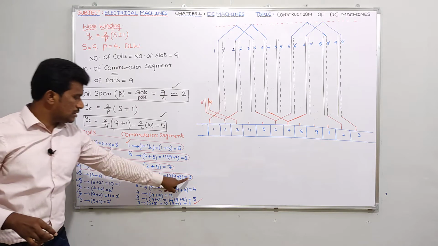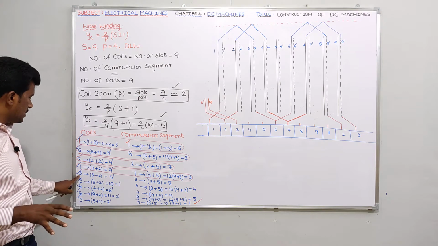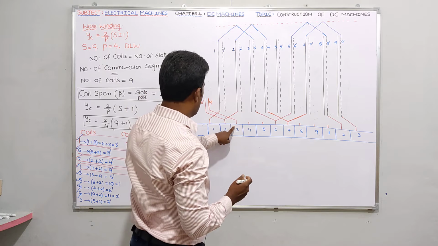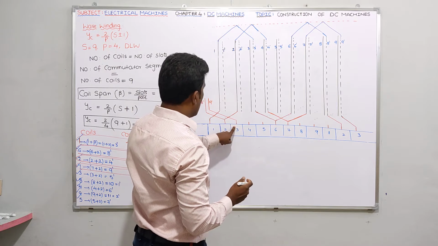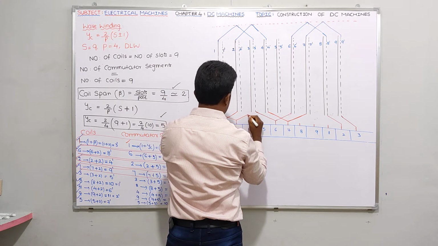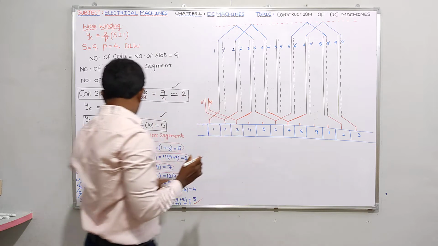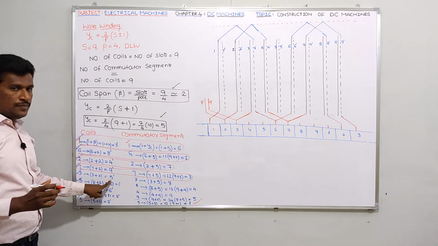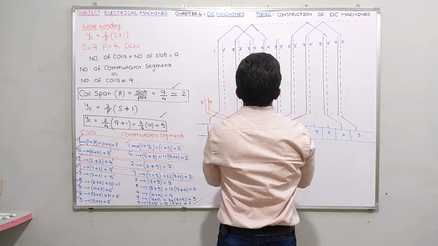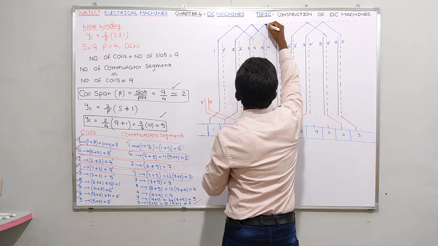If you see this third segment, to this third segment, the third conductor is connected. That means this is nothing but the third conductor. Yes, it is connected. Okay, I connected it here, I gave the connection. Next, in this 3 5 dash coil, it starts from 3 and should go to 5 dash. So it should go to 5 dash, to here. 5 dash means like this it should go.